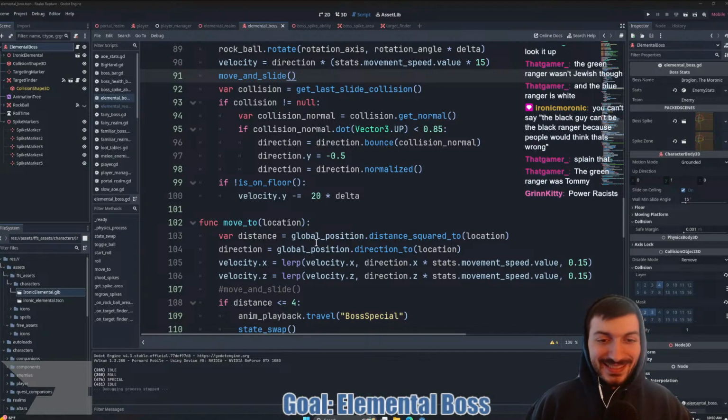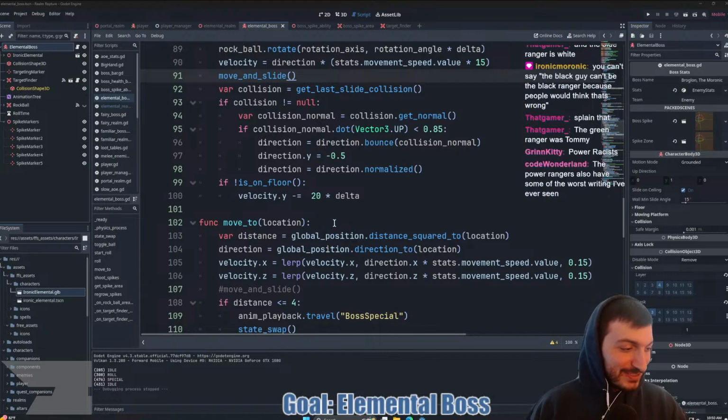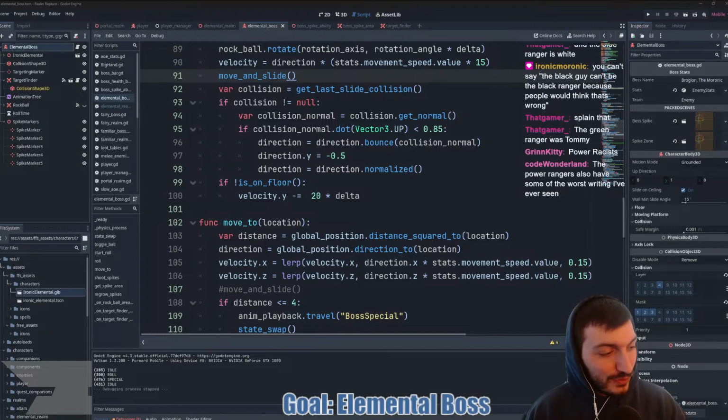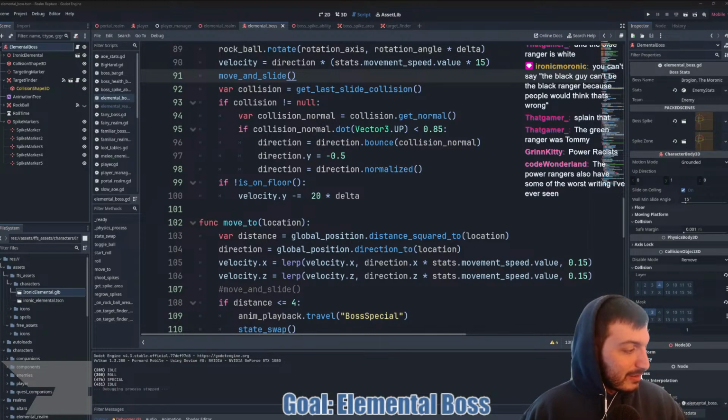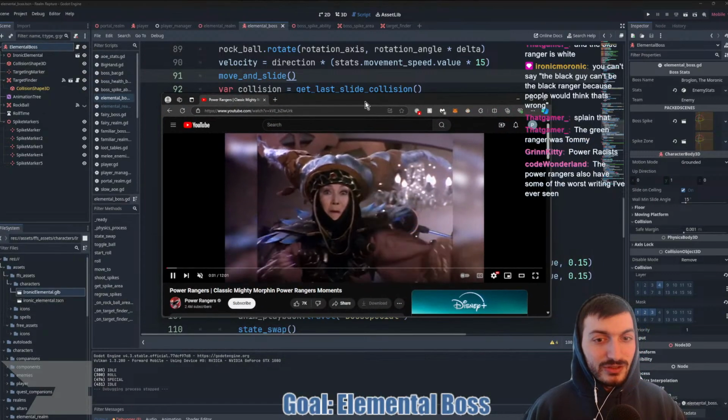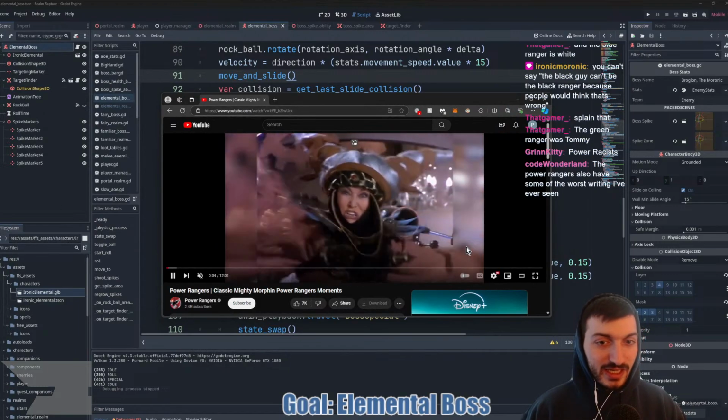Oh man. All right, well, Power Rangers also have some of the worst writing I've ever seen. Yeah, but listen, as a little kid, are you trying to tell me, wait for it, there's a new movie coming out. Wow. Are you trying to tell me as a little kid, this was not hype?